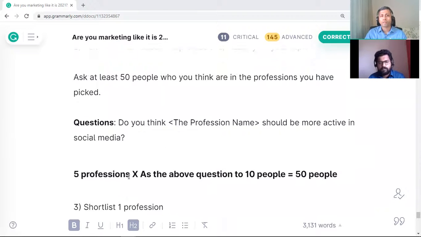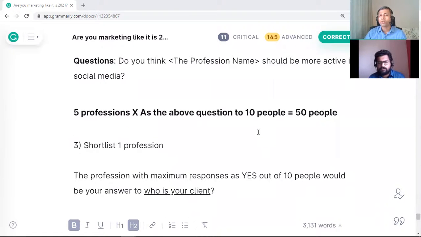So basically 5 professions put the above question to 10 people each, equal to 50 people. So you will do that. It shouldn't take more than an hour or two to test this out. And that's step 2. The step 3 here is